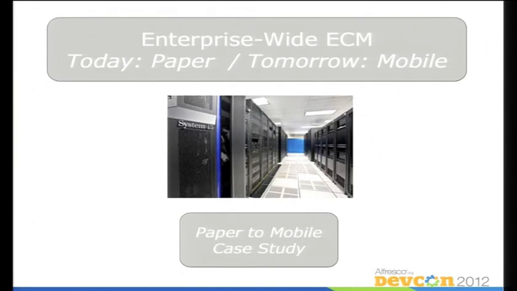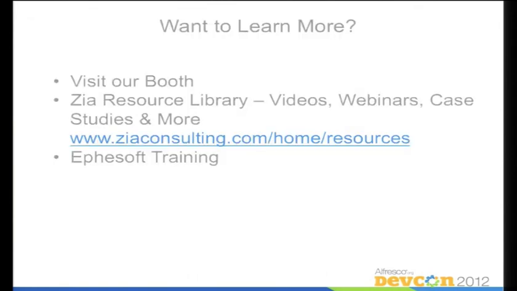So they said, well, we're not going to move the paper when we move. We're just going to get rid of it, and we're going to digitize it all by the end of the year. And they've been using a combination of solutions to make that happen, but ultimately getting it all into Alfresco. So once again, I think it's a validation of this idea, this solution, this vision that we've described as paper to mobile.